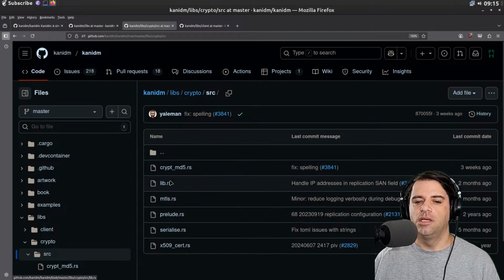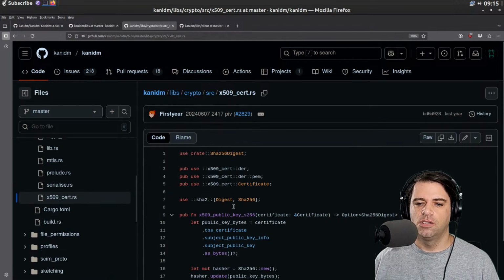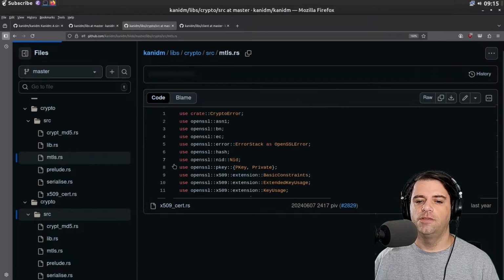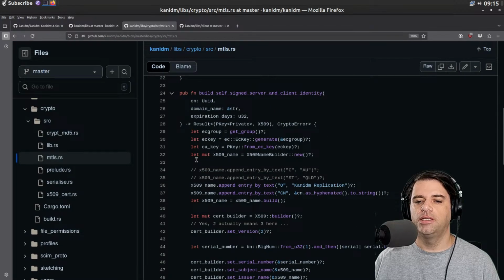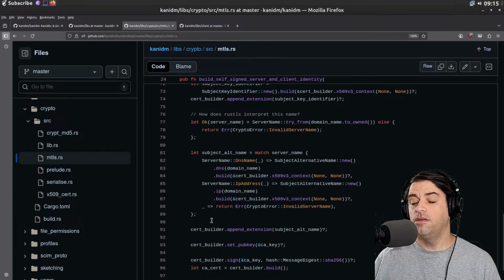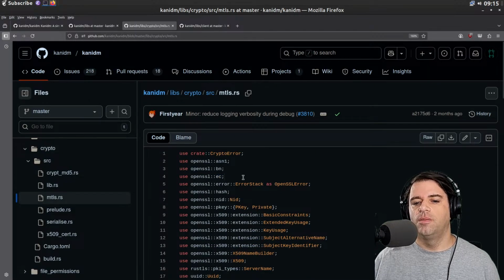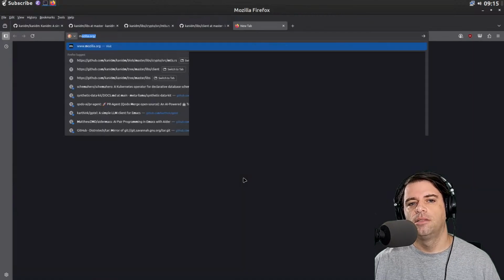We have MTLS, lib, cryptmd5.rs, serialized, and X509 certs. They're using some X509 cert library. That looks good. MTLS, the lowercase m, is mutual TLS. I think there might be an uppercase m, but mainly what I want to know is, they're using some SSL, OpenSSL library.